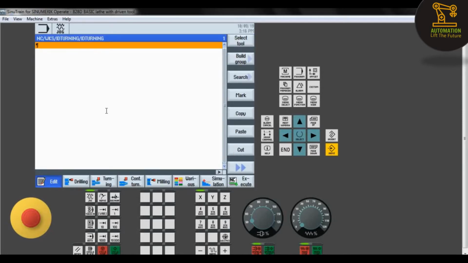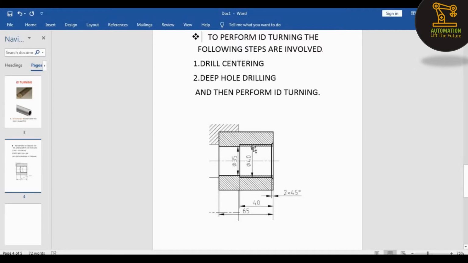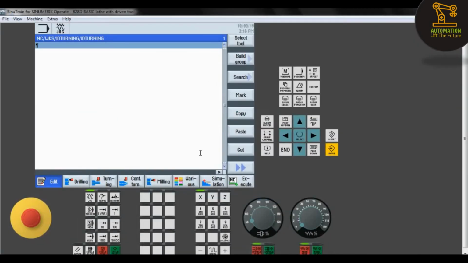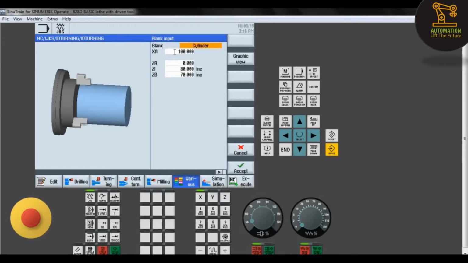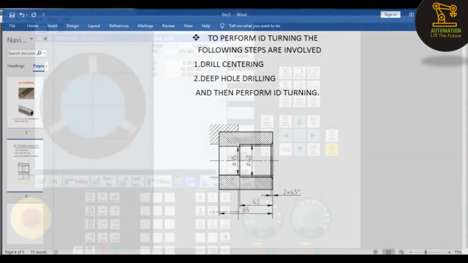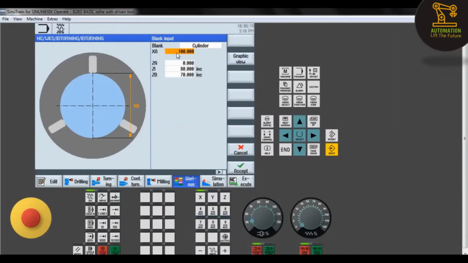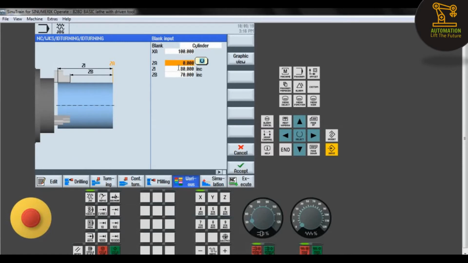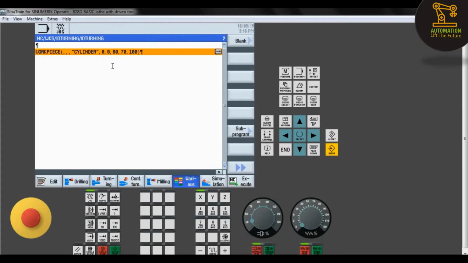Click OK. And first of all, we have to take a blank of cylindrical raw material. You can see in the profile a cylindrical raw material. So we'll go to the various blank and take a cylinder. The diameter was not given in the figure, so we can take as much as we like. So 100 has been given, you can see in the picture clearly. ZA is the reference point, ZL is the length considering the clamp, and ZB is the length without considering the clamps. So I was giving 80 and 70.